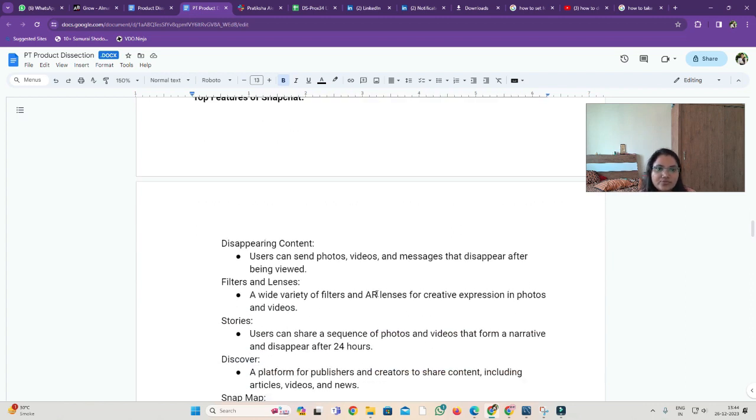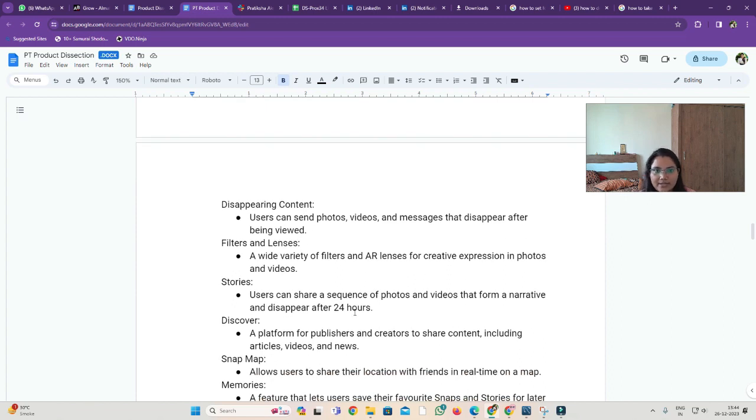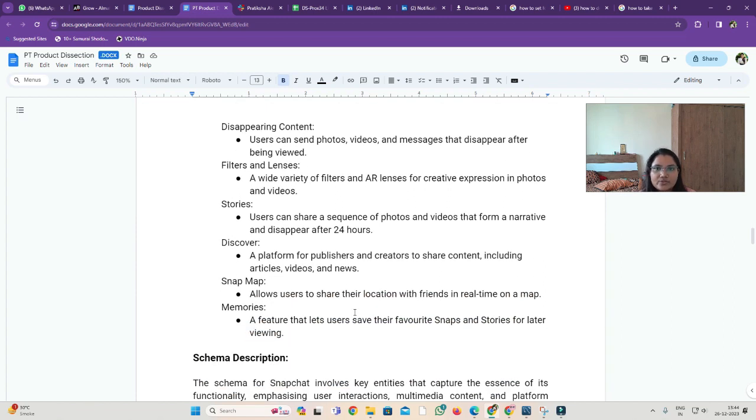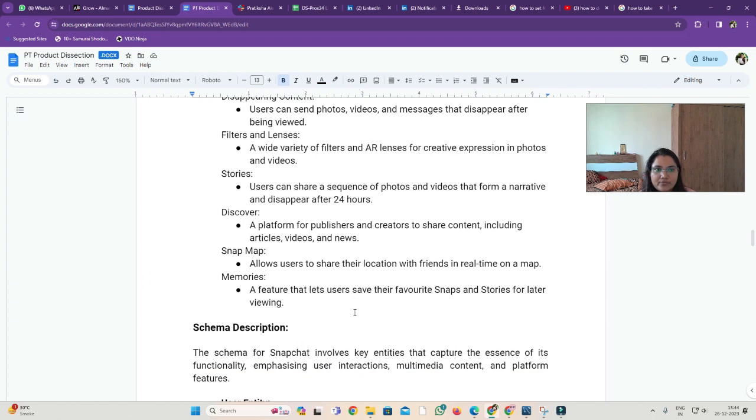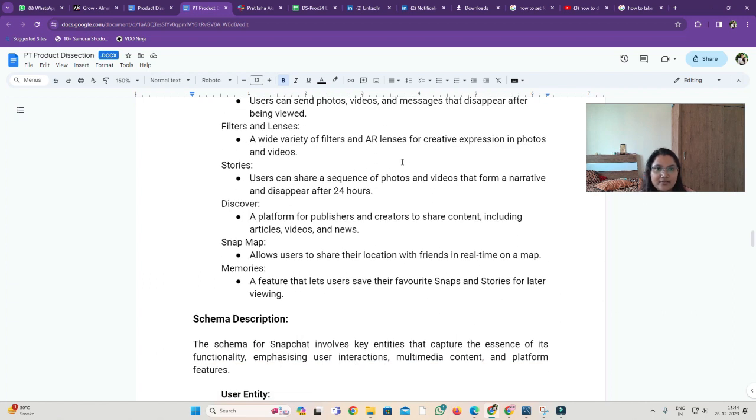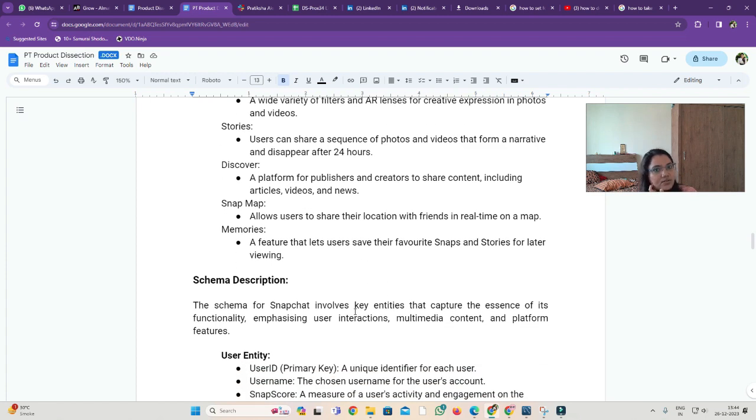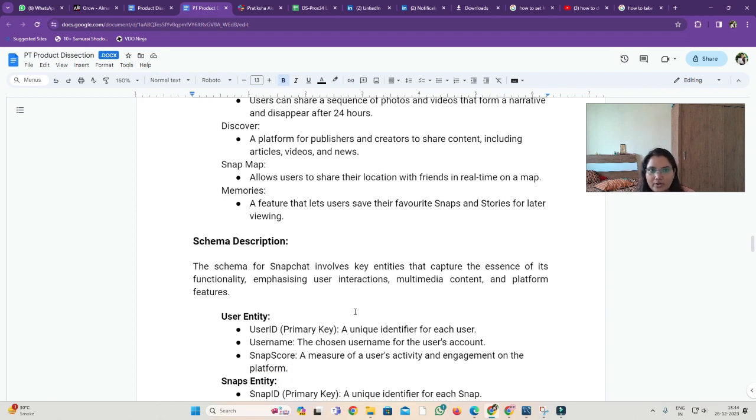The top features of Snapchat: disappearing content. Users can send photos, videos, and messages that disappear after being viewed. Filters and lenses, a wide variety of AR filters for creative expression in photos and videos. Stories: users can share a sequence of photos and videos that form a narrative, disappearing after 24 hours.